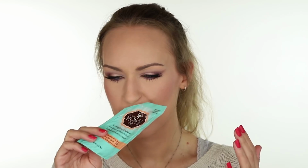And then I've got the Monoi oil, and this one, I didn't love it as much. I'm wondering if it's got coconut oil. Yeah, it does. It's got coconut oil in it because it smells a little bit like coconut. But I noticed that this did what other coconut oil based products do to my hair, which is really weigh